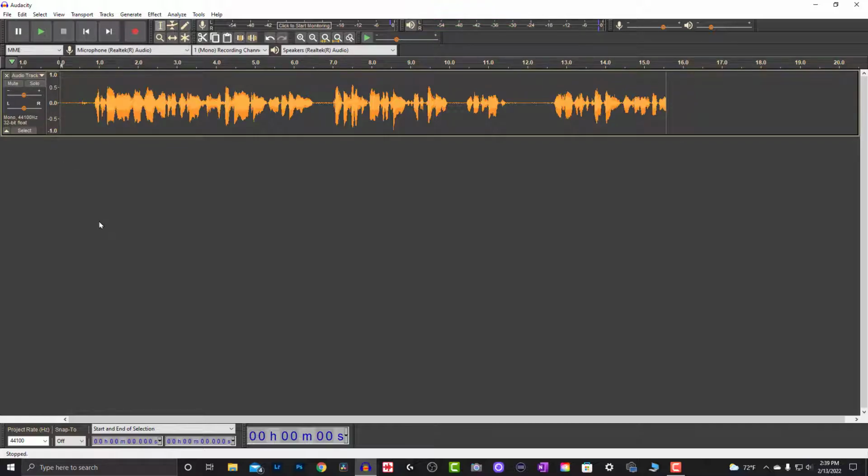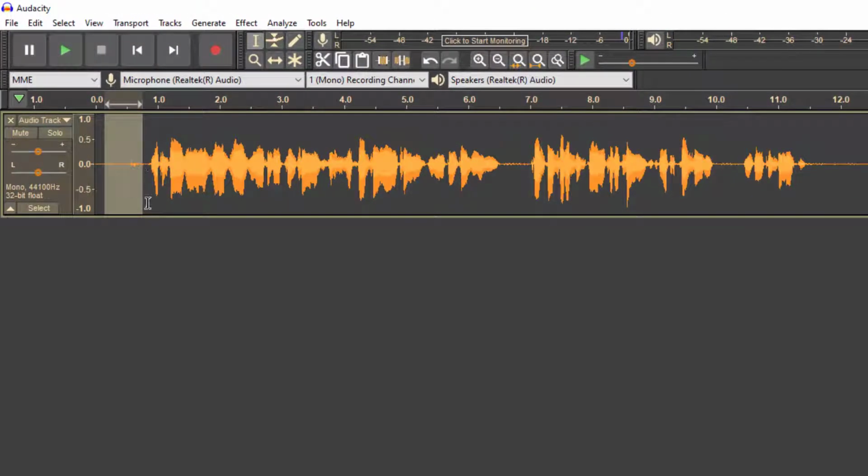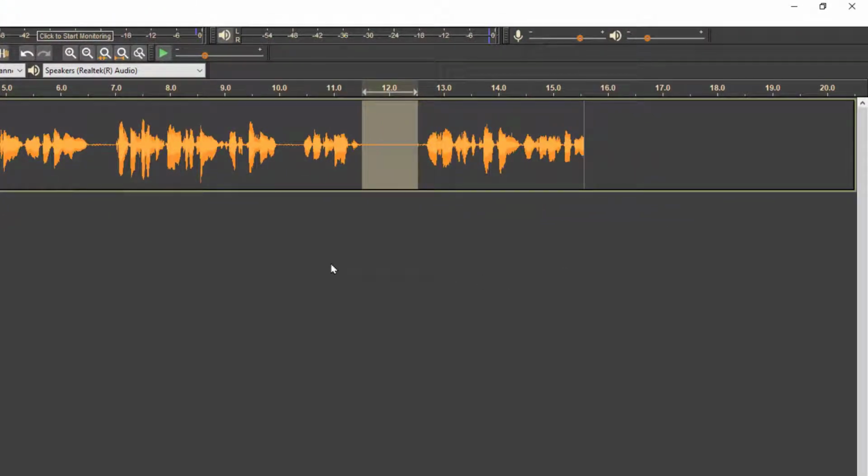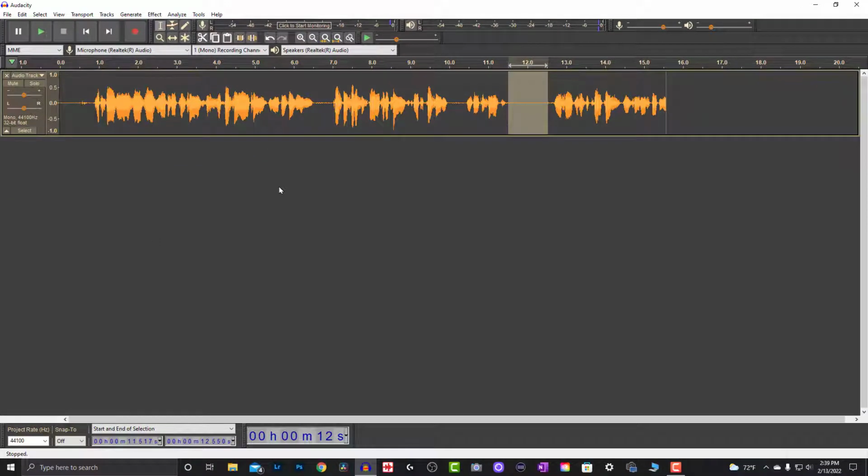Okay, so this is the audio that I just recorded, correct? If you notice the audio in between here, you see some unwanted levels. The levels are not even. So this is actually a little distortion in this particular track, right? The first thing we're going to do is highlight what we want removed, and we're going to highlight it,